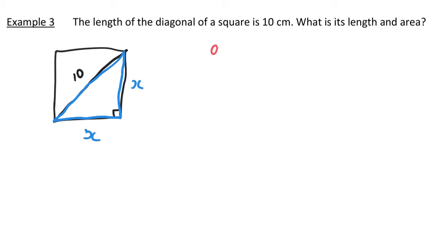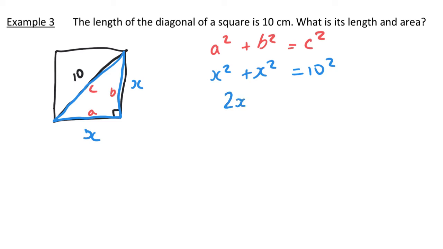So in Pythagoras theorem for a right angle triangle, a squared plus b squared equals c squared. C is the hypotenuse, so that's going to be the diagonal of the square, and a and b are the other two sides. So what we have is x squared plus x squared is 10 squared. Now x squared plus x squared, if we add those together, we can combine them to give 2x squared, and that equals 100. Now if 2x squared equals 100, then 1x squared is 50 by dividing by 2, and then